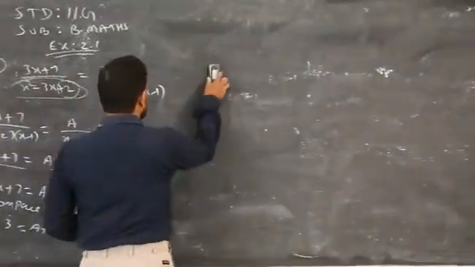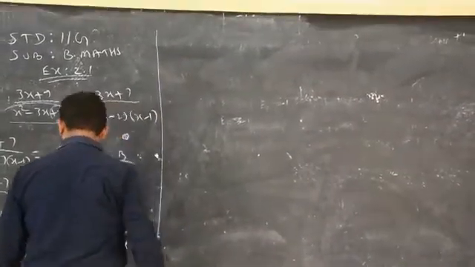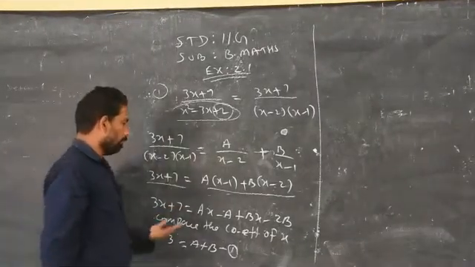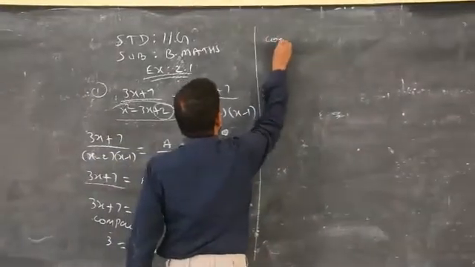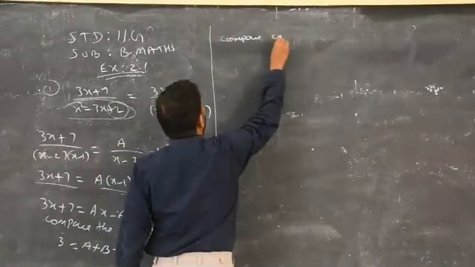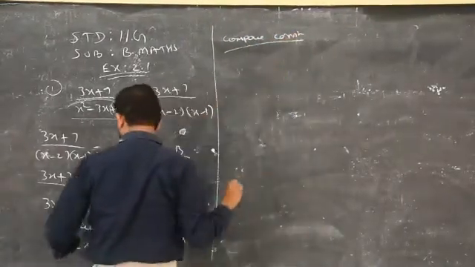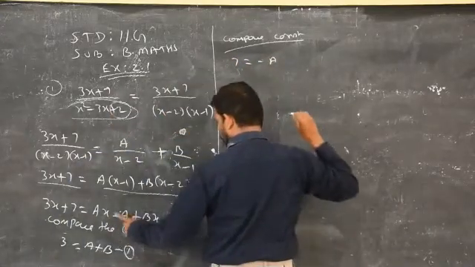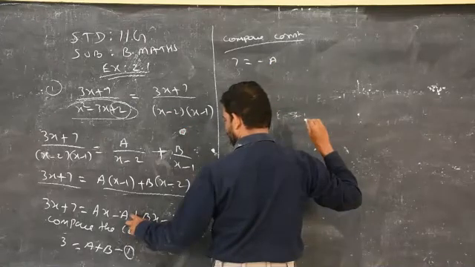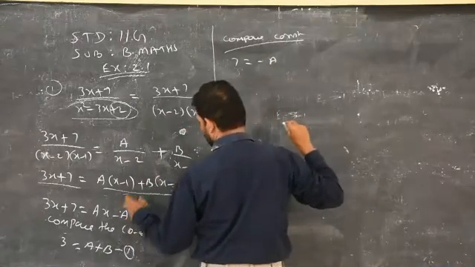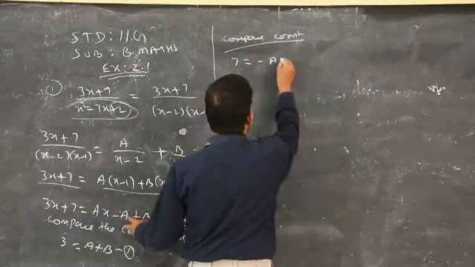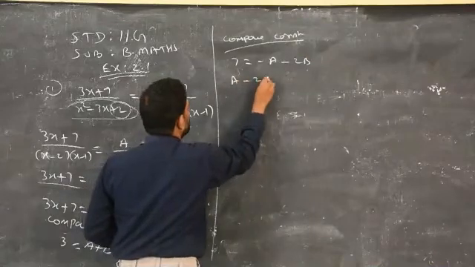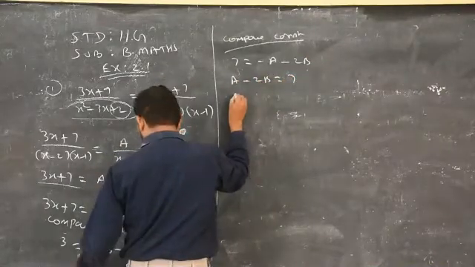And one more. So only x, then what is left over? Constant. Compare the constants. So when you compare constants on both sides, 7 is constant. Here minus a because there is no x. If there is x, that is not called constant, that is a variable term. So here there is no x, therefore minus a minus 2b. So rewrite: minus a minus 2b is equal to 7, and we have one more equation.